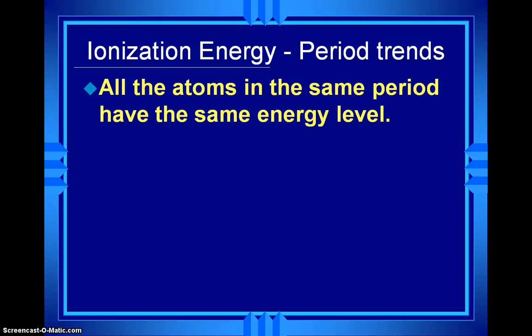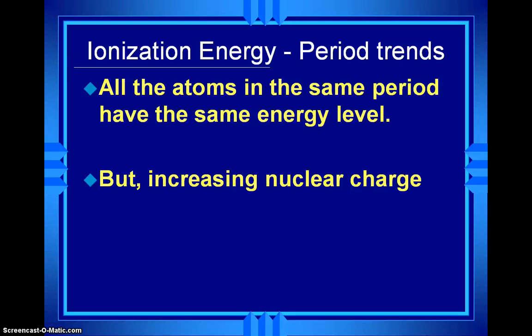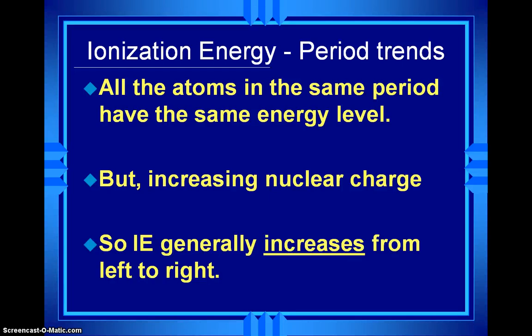Now, the periodic trend, the trend across the periodic table. Remember that all of the atoms in that same period have exactly the same number of energy levels. But as we go across, we have more and more protons. So the strength of the charge and the pull of the nucleus on the electrons becomes greater and greater. Therefore, the ionization energy, or the energy to pull an electron away, increases from left to right because the nucleus gets bigger and stronger and holds on tighter and tighter,